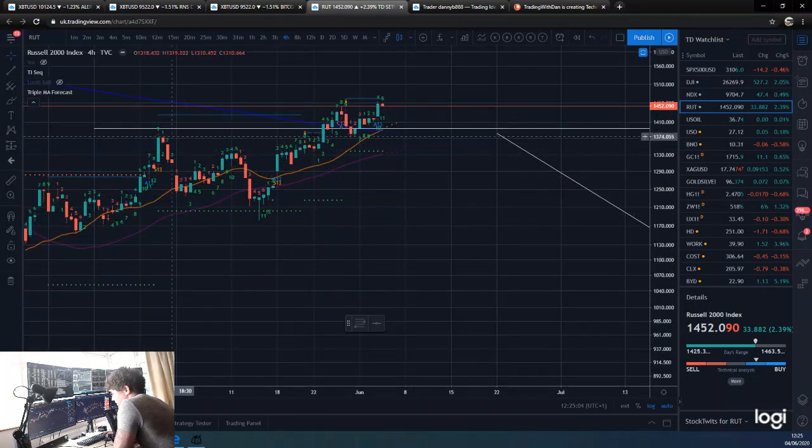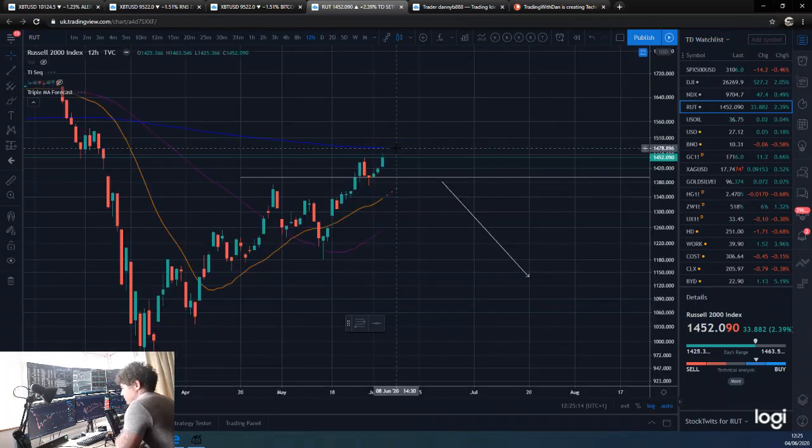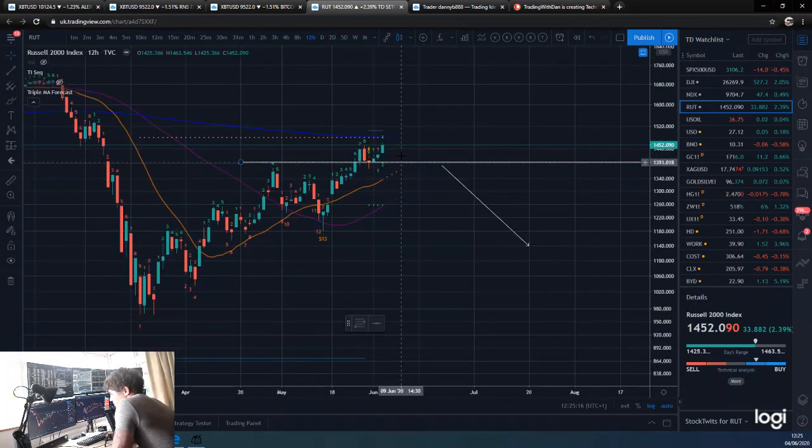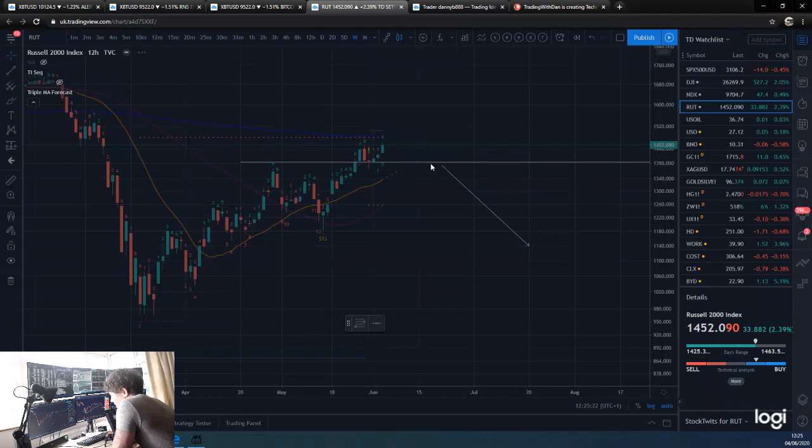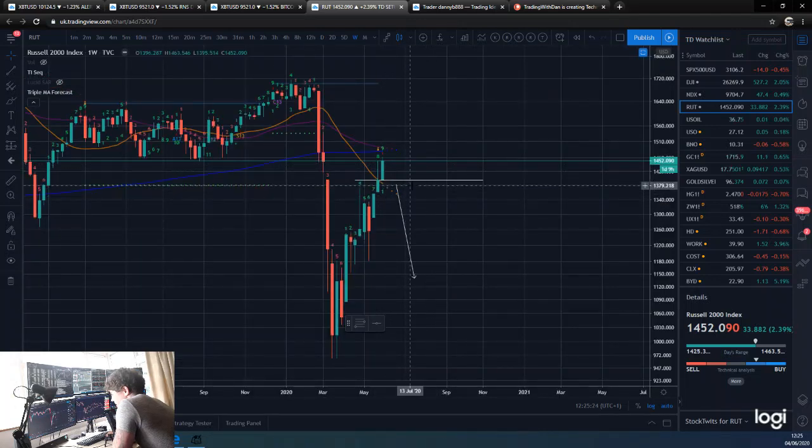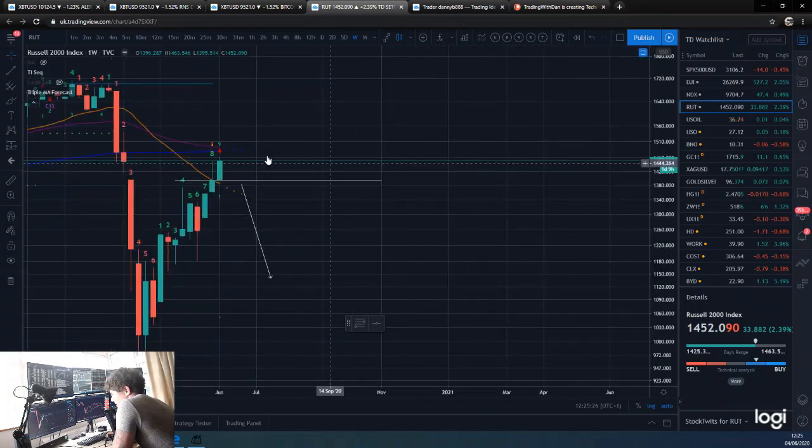Yep, so this level was actually based on a weekly again, but it lines up perfectly with this 4-hour 9. So we did get a break below, but we faked back up. So that wouldn't have been ideal for the trade. Also, we've got the 12-hour one here. 12-hour 9, we could potentially move that a bit lower, and then we've got the weekly one here. And obviously we are basically at the top of that weekly one.